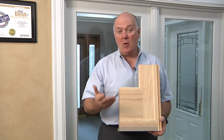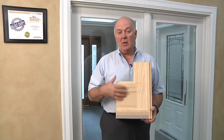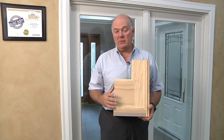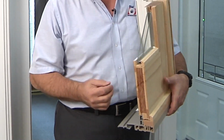So if you want to complement a hardwood floor or furniture or kitchen cabinets, we can give you the warmth of either pine, oak, or maple, custom stained in the finish of your choice, or paint it to the finish of your choice. The glass in the doors is all double pane insulated glass, tempered safety glass, of course, and